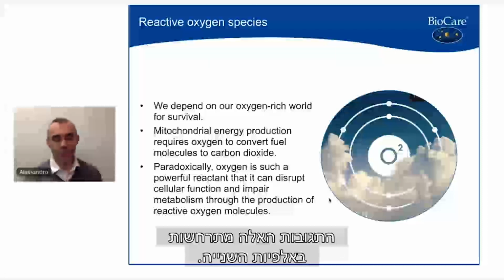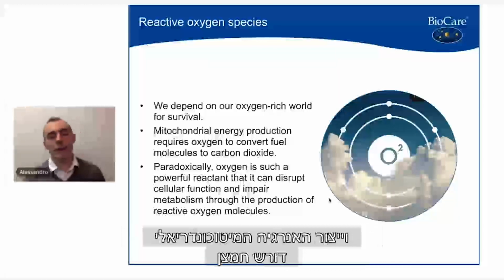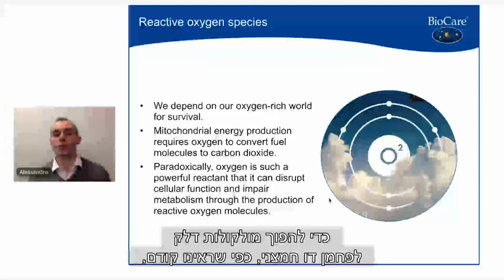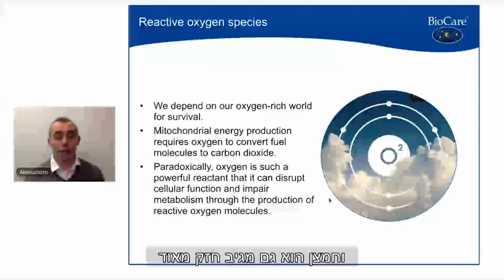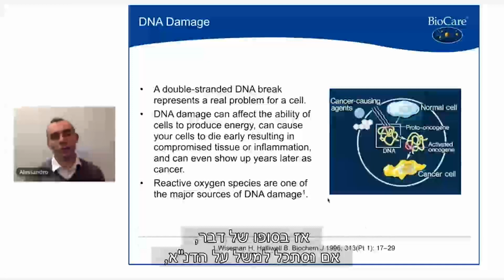This reaction happens in milliseconds, and there's a constant cascade of reactions going from radical to oxidized, radical to oxidized, radical to oxidized. And mitochondrial energy production requires oxygen to convert fuel molecules into carbon dioxide, as we looked at earlier. And oxygen is also a very, very powerful reactant and can disrupt cellular function in the form of free radicals. So eventually, if we look, for example, at DNA,